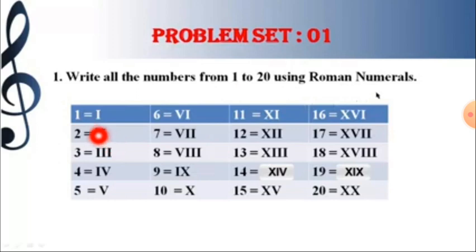You can write one below the other also. So the 1 value is I. How we write 1 in Roman numerals? As I. 2 we write as II, 3 we write as III and 4 we write as IV,